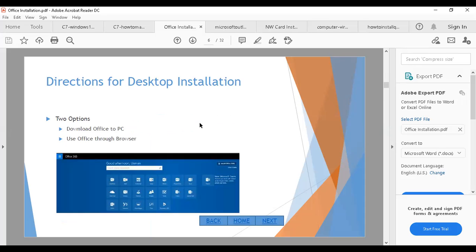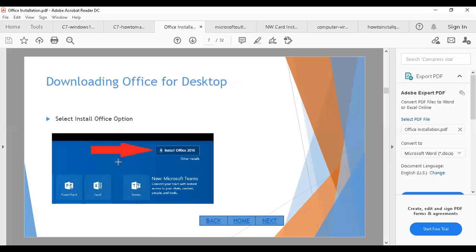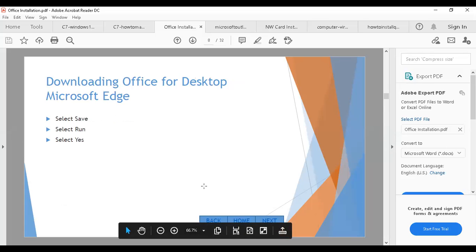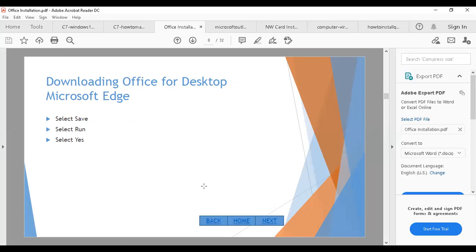Two options: download Office to your PC or use it online through the browser. Select the Office installation option. After logging in with the username and password, you need to select Install Office. Select Save, Run, and select Yes.